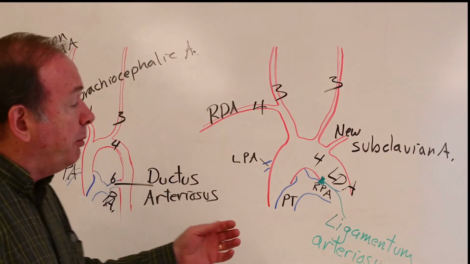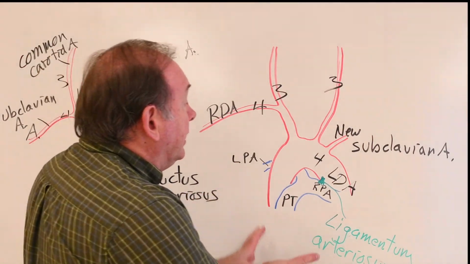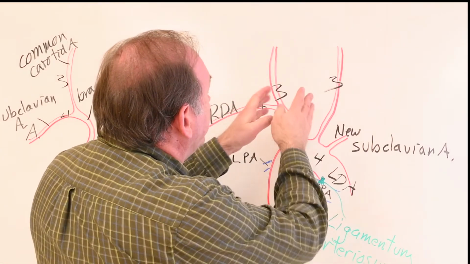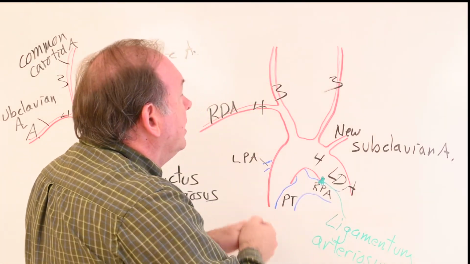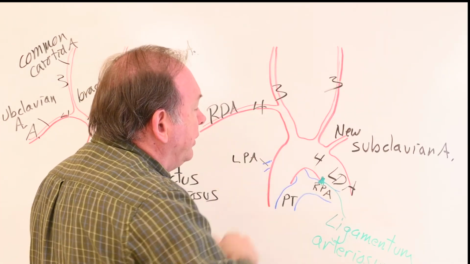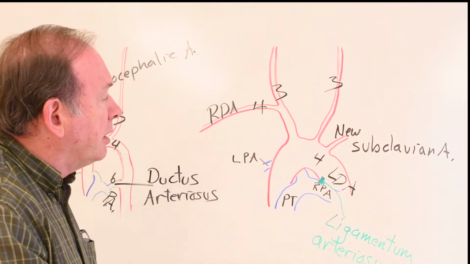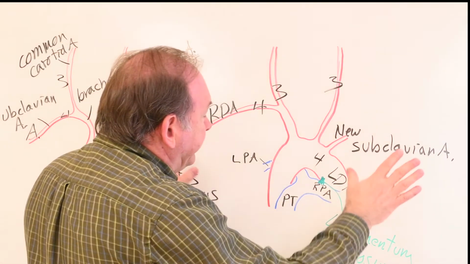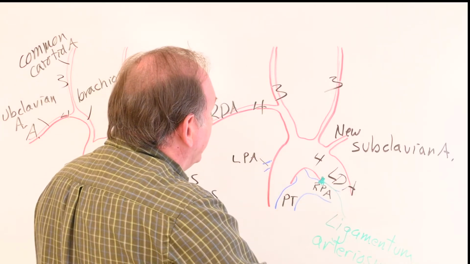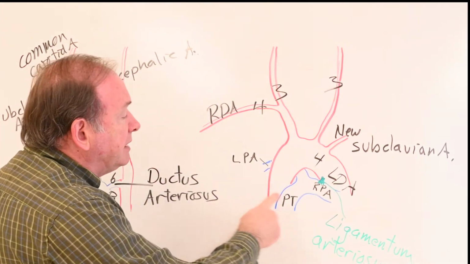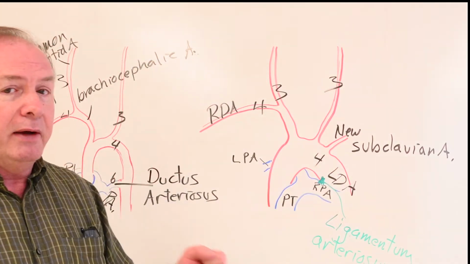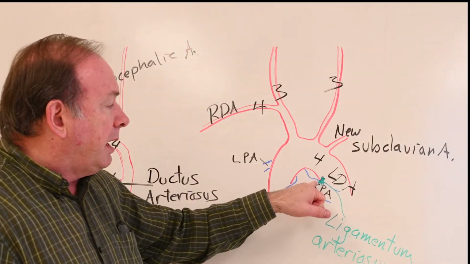So important things to remember. We had a symmetrical kind of origin to this whole thing with arches 1, 2, 3, 4, 5, and 6. 3 becomes carotid arteries. 4 becomes subclavian here and part of the dorsal aorta, or the aortic arch, I should say, over here. The 5th is gone. The 6th arch had a left and right connection to the dorsal aorta. We completely lose it over here on the right side. On the left side, we don't lose it completely until after you're born, and it closes off and remains as